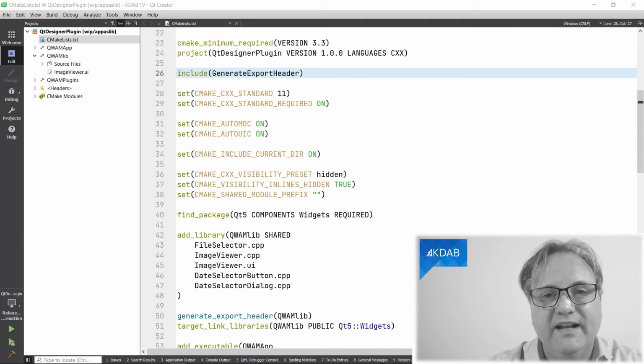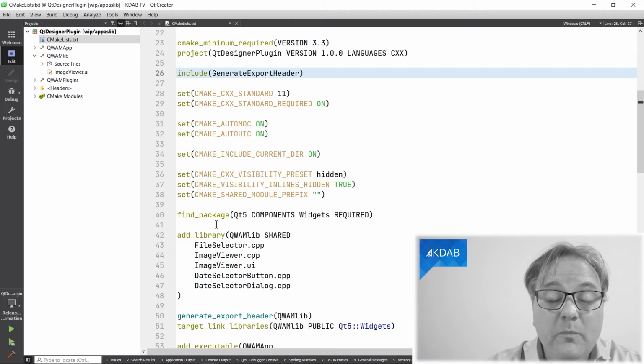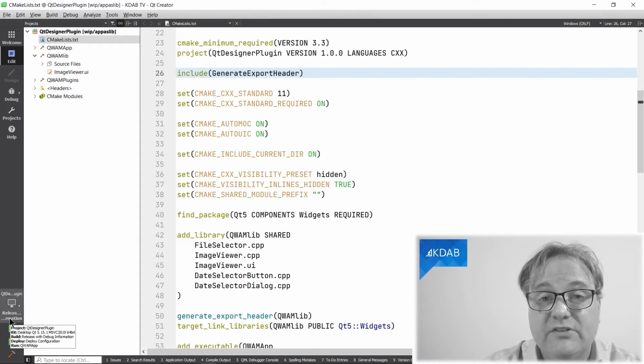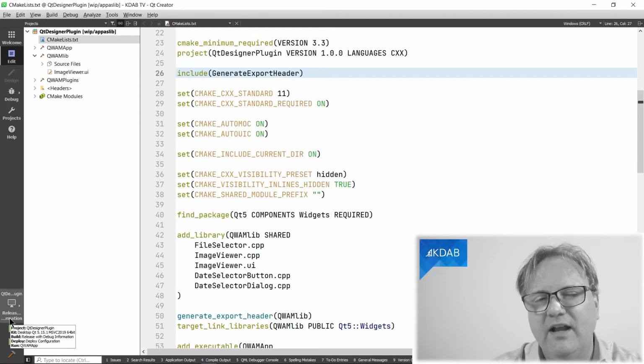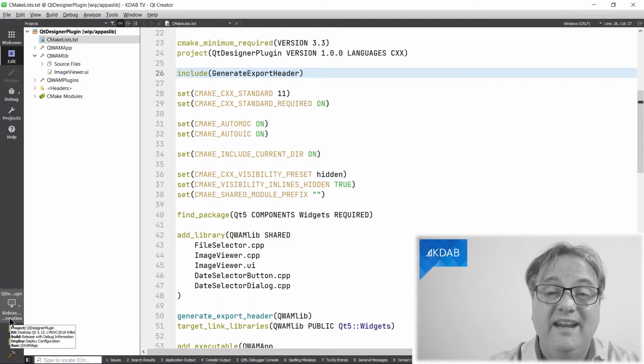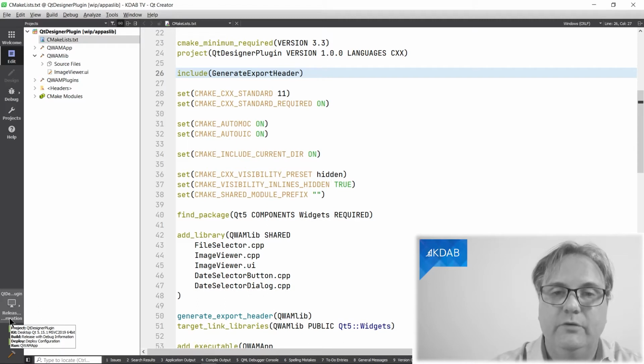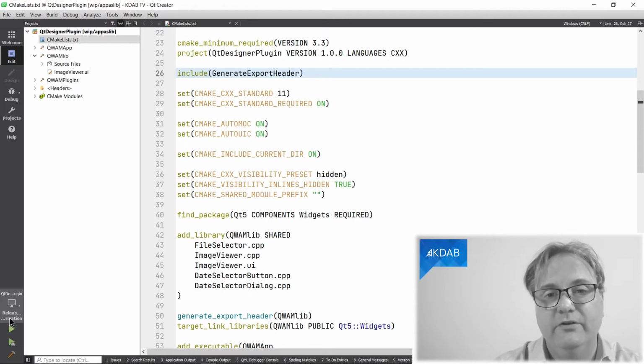Okay, we'll start out with the CMake file. Actually, we'll start out down in the corner here. I hope that you stayed long enough in the last episode to hear that you must compile the plugin in the same configuration, at least on Windows. I'm not entirely sure on Linux, but at least on Windows, in the same configuration as you compiled Qt Creator. And if you didn't compile Qt Creator or Qt Designer, and you just used the SDK, then that means release.